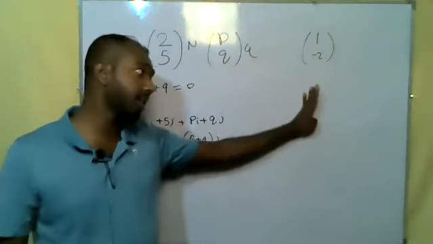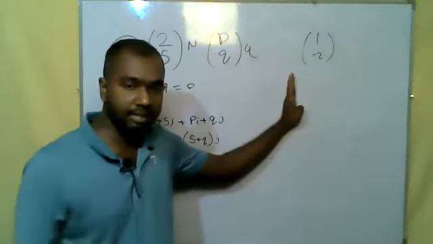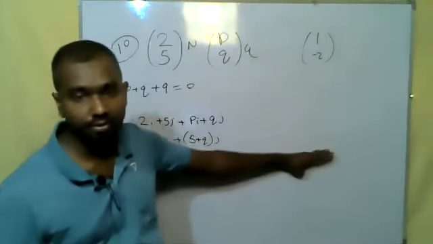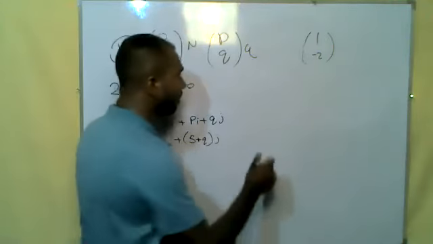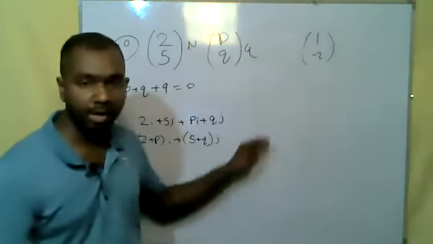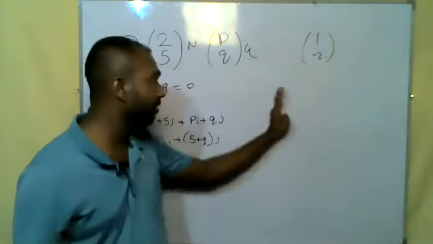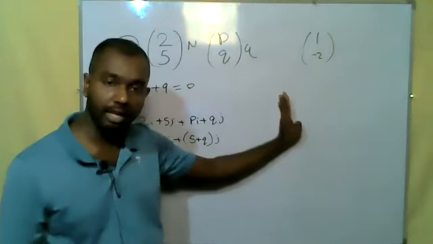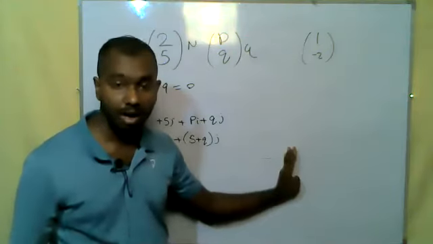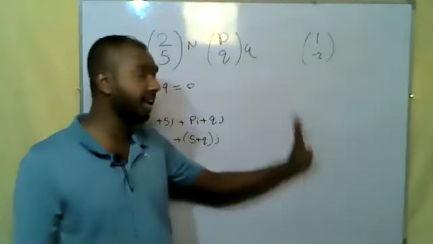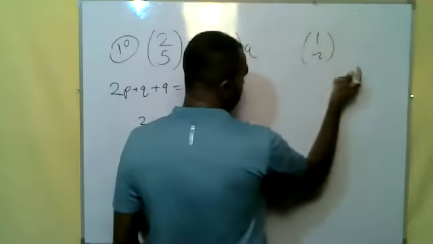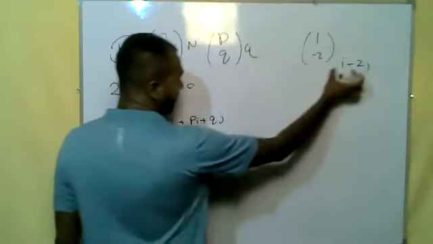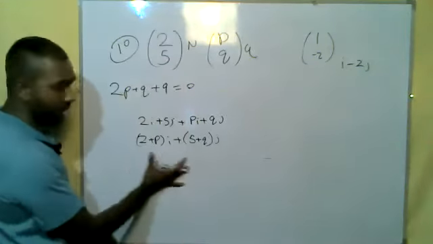And how to get the gradient? You divide the coefficients of j by the coefficients of i. Okay, what are we doing to get the gradient of a force in the vector notation? You can divide the coefficients of j by the coefficients of i, and you have to consider the signs as well. Okay, I can think of this as i minus 2j. So what is the gradient here?